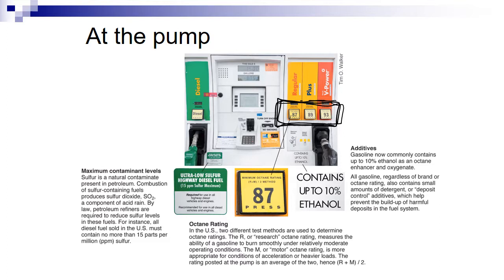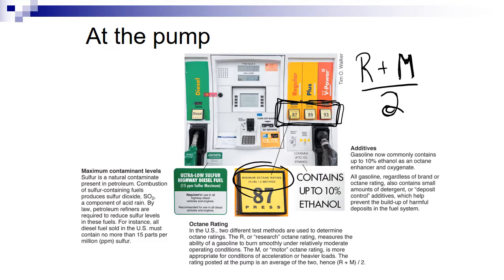So then at the very top of that number, you might see this right here. I don't know if you can see it very well. It says (R+M)/2 method. What that refers to is that depending on how you drive, you're going to get different fuel